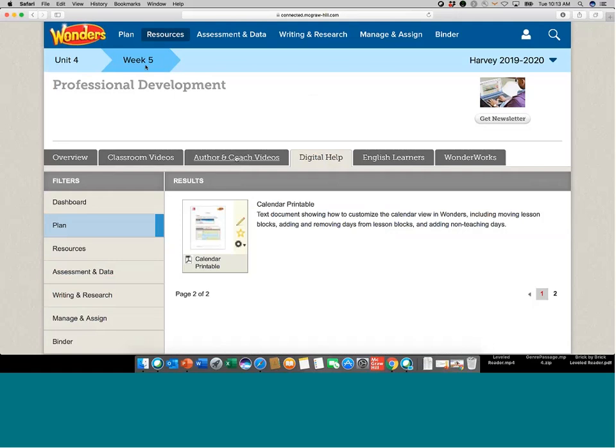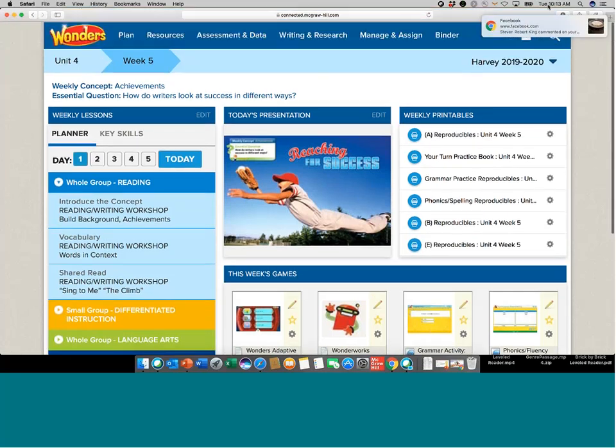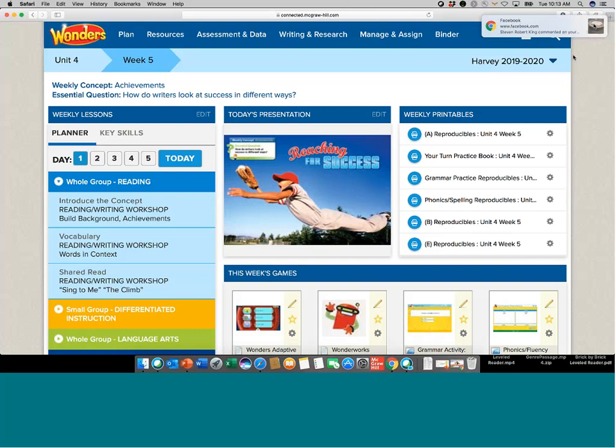Hey, Brandon, here's one. Students that have iPads or tablets can't access the 2017 activities on Flash. How much Flash is there in 2017? There's very little. Almost all the Flash has been removed from Wonders. The only things I know that might possibly be Flash would be the Writer's Workspace and the WonderWorks Adaptive Learning, but everything else